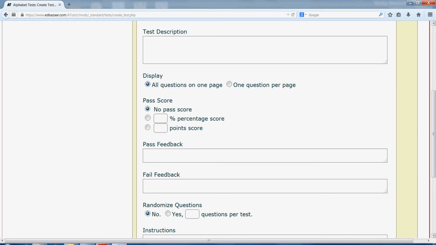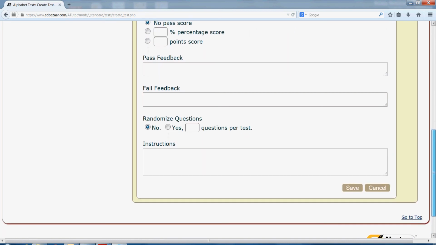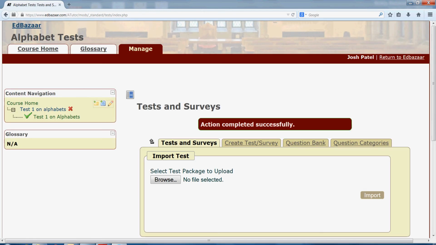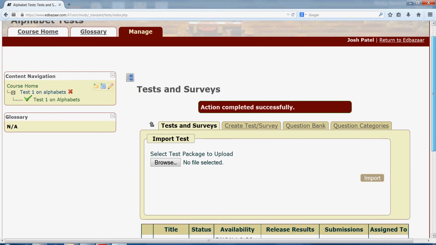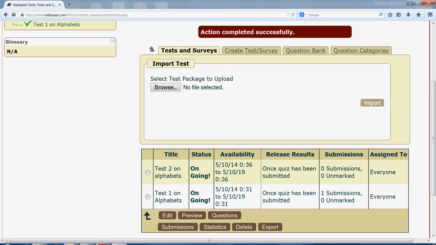Again, all questions on one page. Let's pick 1 question per page. No pass score. We're not randomizing it. Click save. So now we see test 2 and alphabets showing up here, and we now want to add questions, so we